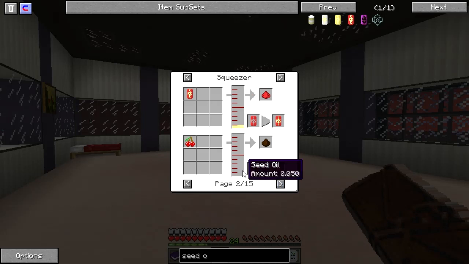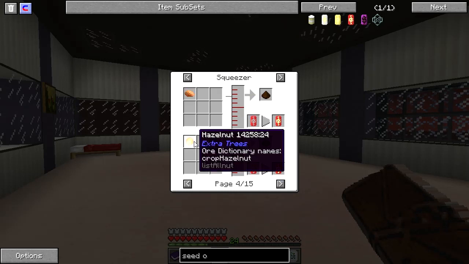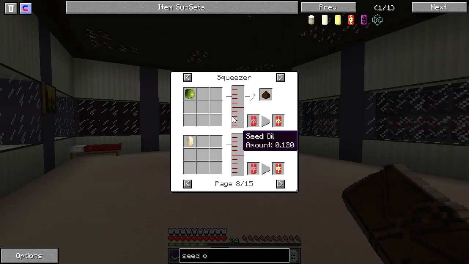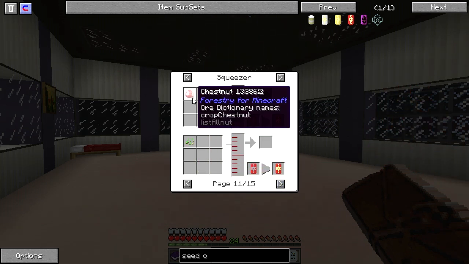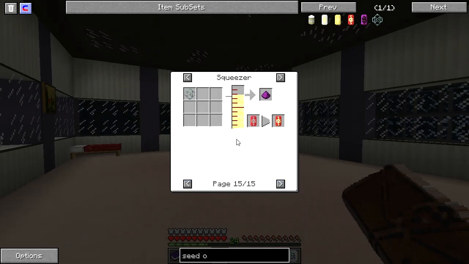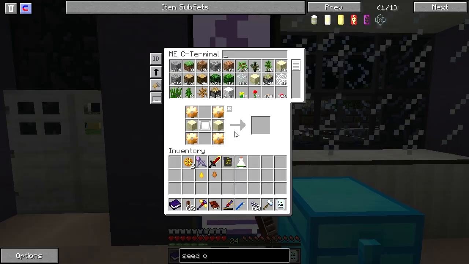So, we're talking about the squeezer. Cherry is 0.05 buckets, 0.15 for the hazelnut, 0.18 for the butternut, 0.18 for the walnut, butternut or walnut, oh, chestnut, 0.22. Seed oil capsule full of it. Yeah, surprise. 0.22. Yeah. So, what does it take for us to get...